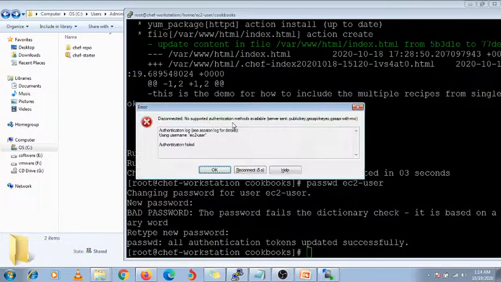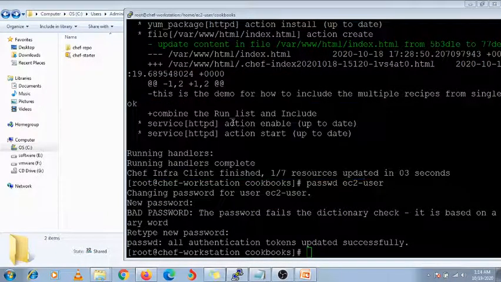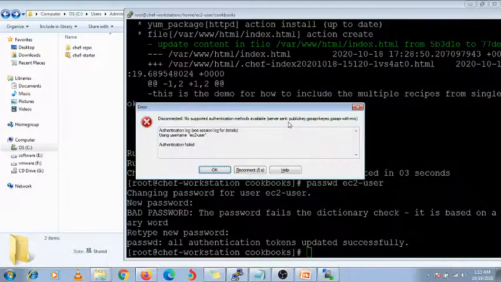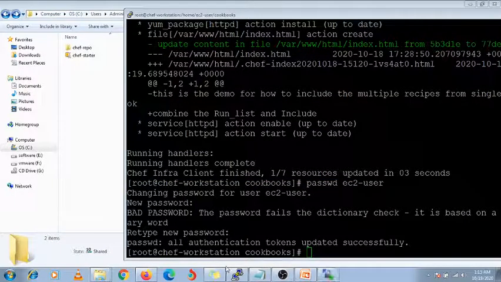Just enter it. It's failed. ec2-user, temporal. Okay.